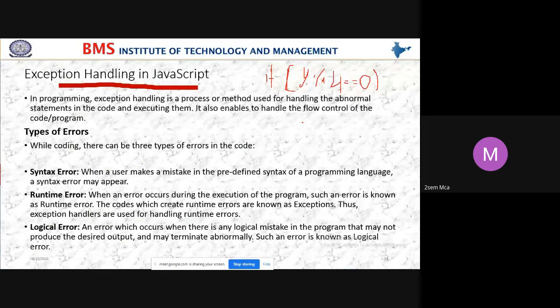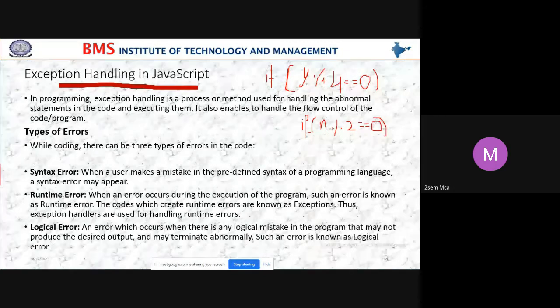And to find whether the given number is even or odd, what is the logic? n mod 2 is equal to 0.